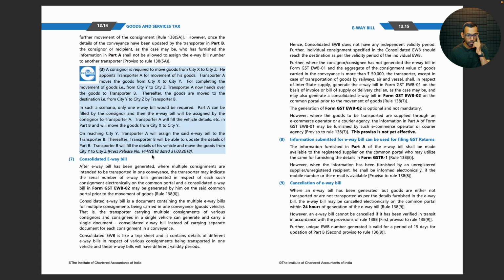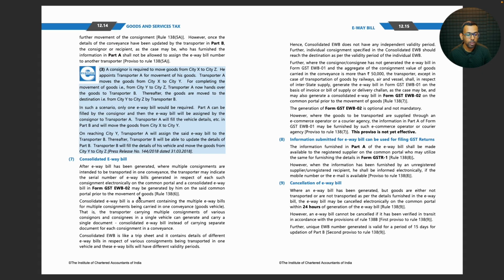Press release 144 dated 31/3/2018. Consolidated e-way bill. After the e-way bill has been generated where multiple consignments are intended to be transported in one conveyance, the transporter may indicate the serial number of e-way bills generated in respect of each such consignment electronically on the common portal, and a consolidated e-way bill in Form GST EWB 02 may be generated by him on the said common portal prior to